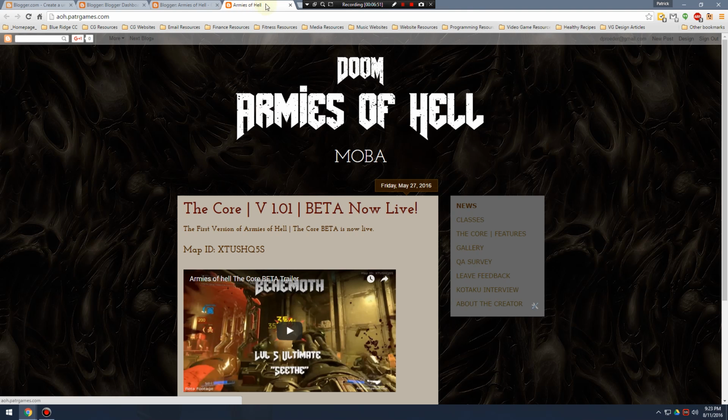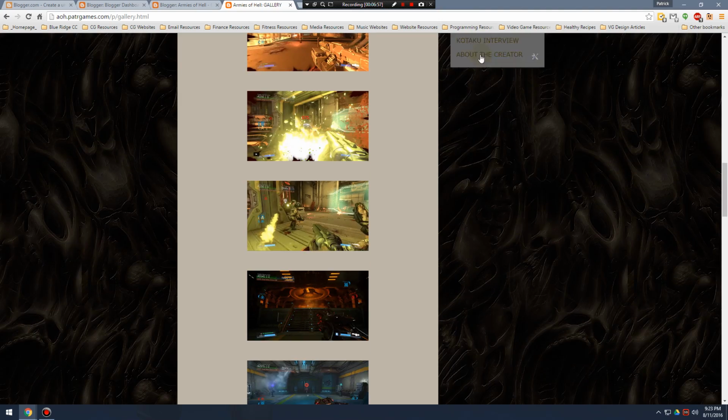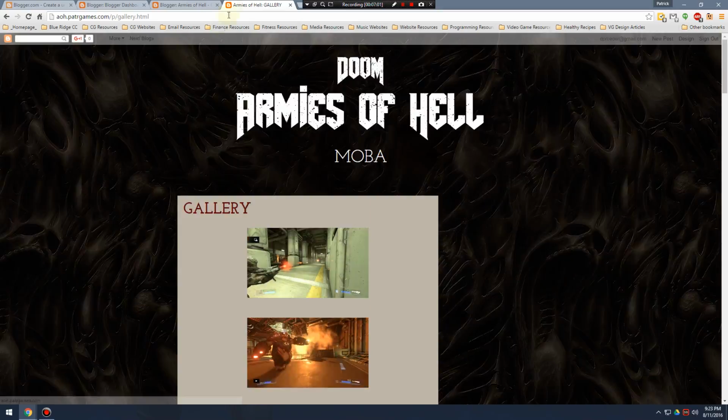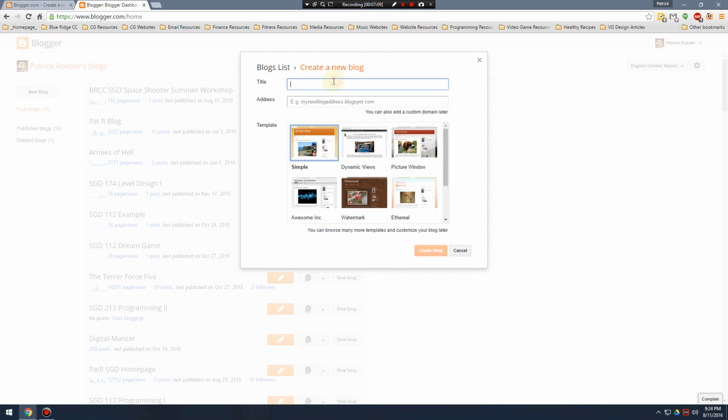And there's ways where you can format them so they look a little bit more professional. I got little gadgets that bring down this little menu right here, and it doesn't really quite look like a blog at this point. But anyway, that's just a little preview of what you can do. What we're going to do is we're going to click on New Blog. And we're going to give this blog a name. So I'm going to call it Patrick Roeder